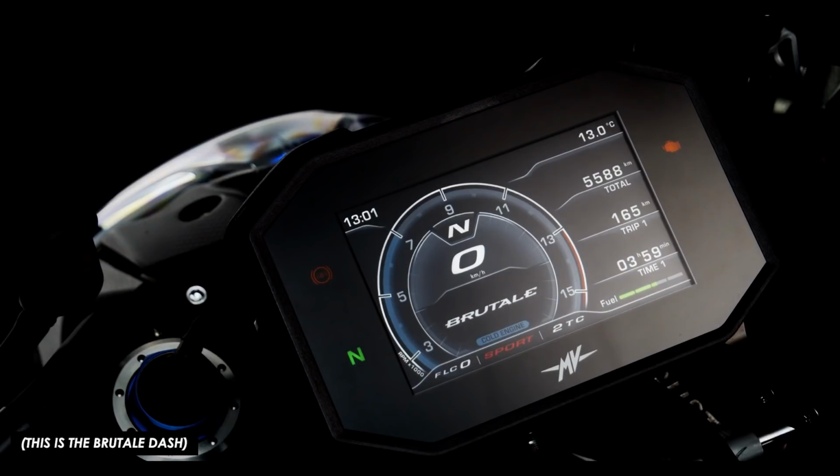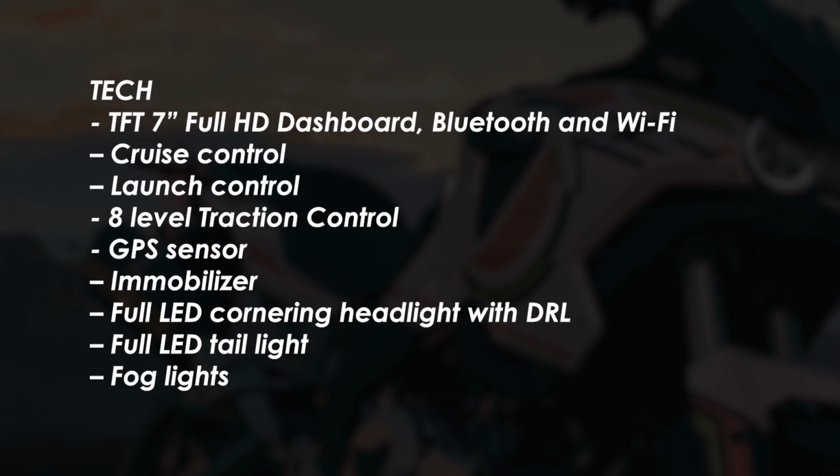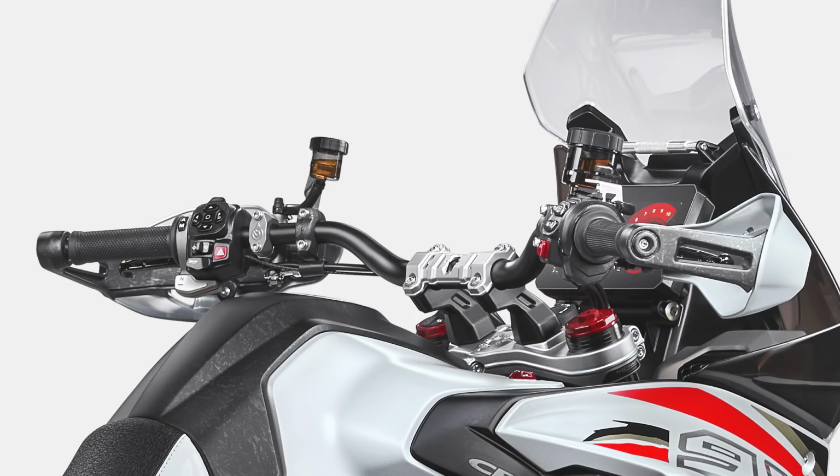This bike gets their 7-inch TFT display with both Bluetooth and Wi-Fi connectivity, and you also get cruise control, launch control, cornering LED headlights, and connectivity with the MV Ride app to manage the bike's settings. So pretty comprehensive and definitely up there with the competition in terms of the latest and greatest of tech available